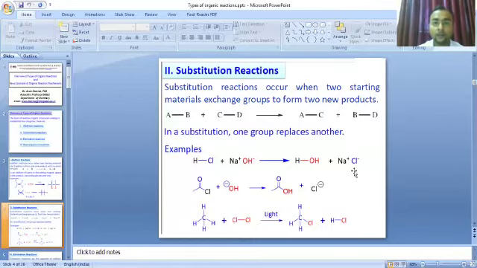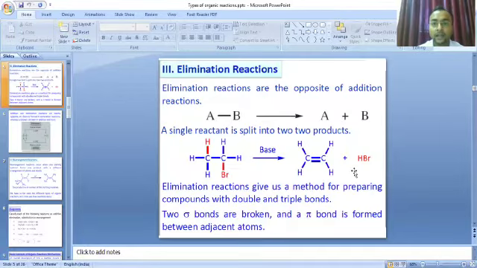Now come to the elimination reactions. Elimination reactions are just the opposite of addition reactions. In an elimination reaction, as you see in this example, AB splits into two to give the two products A and B separately. Here you can also see in this reaction the red bonds connecting the carbon atoms to hydrogen and bromine respectively, and in the presence of a base it gives the unsaturated product,